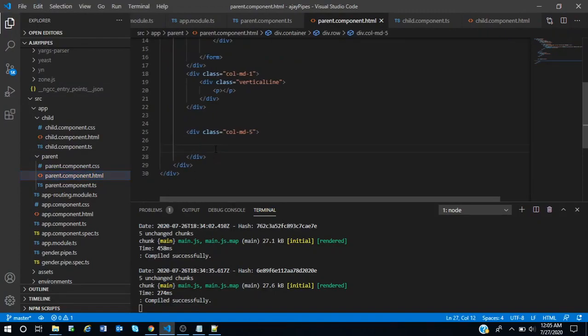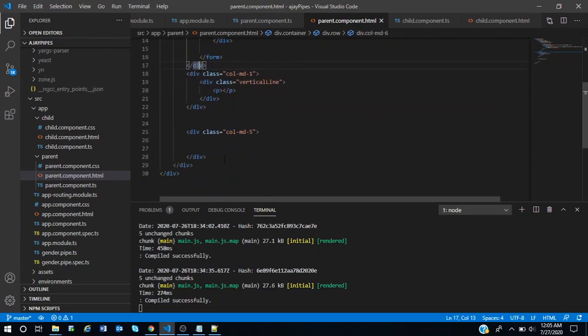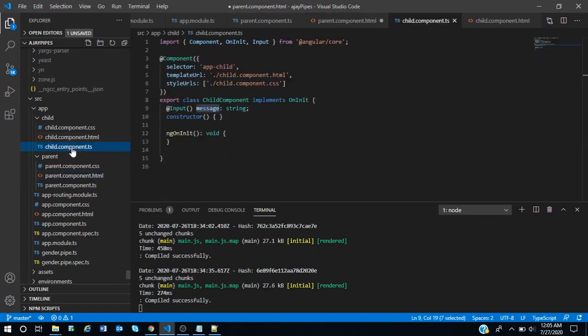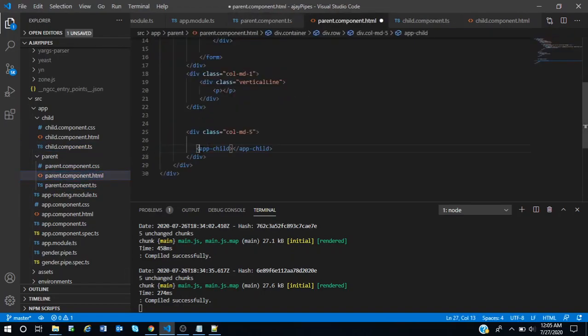In the div section, this is where my vertical line is, this is the form for parent, this is the form for child. Here give app-child. This selector is coming from child.component.ts. To avoid spelling mistakes, copy paste it directly here.